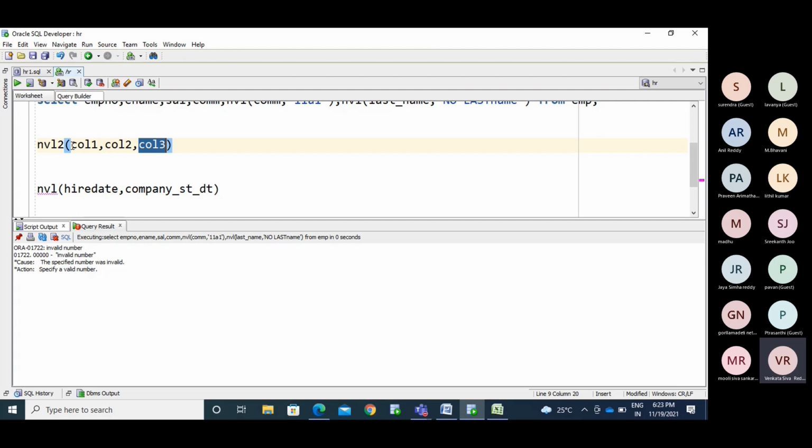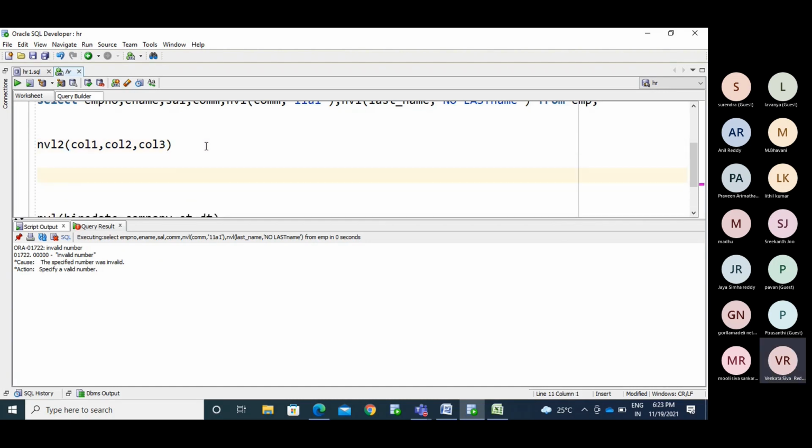If expression 1 is true, meaning if column 1 is having any value, it displays expression 2. If expression 1 is false, it displays expression 3. If column 1 is having a value, it displays the column 2 value. If column 1 does not have any value, it displays column 3.